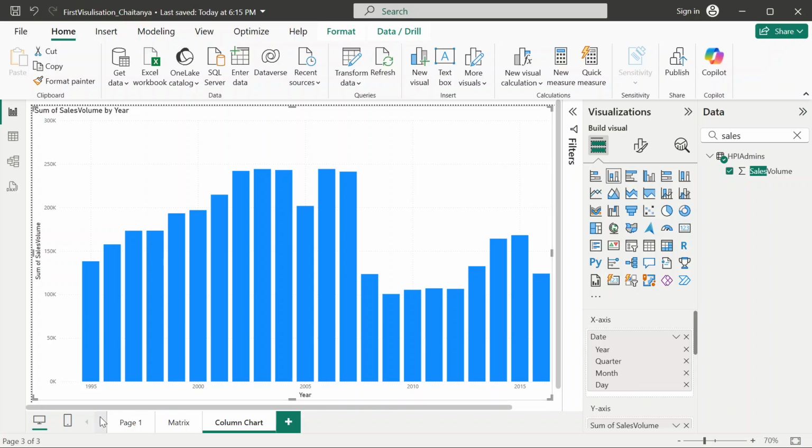In the column chart, we now have date on the x-axis and sales volume on the y-axis, and then legends. In the legends, we want the region name,